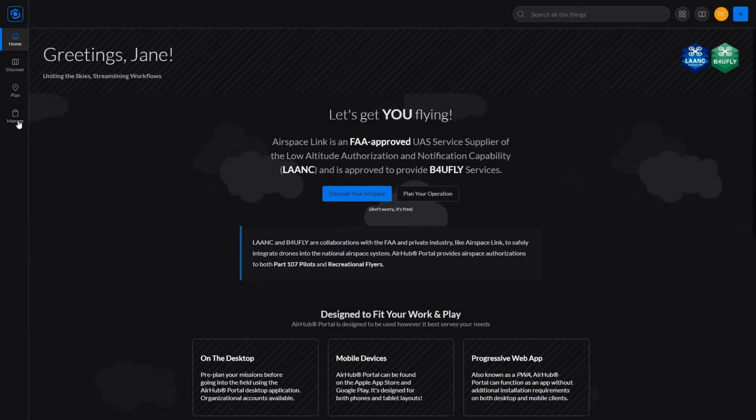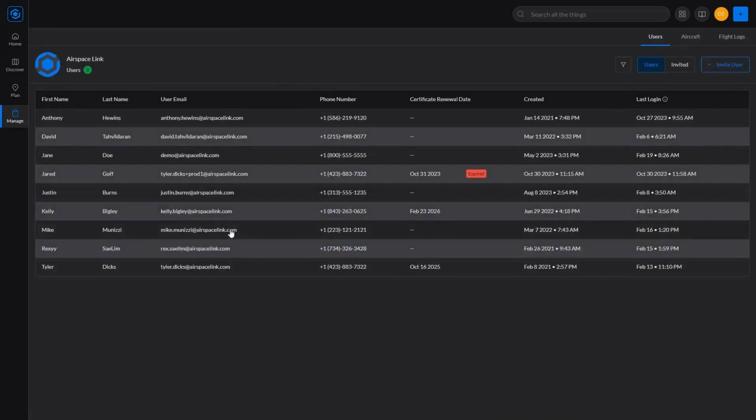To access the crew and asset management functionality within Portal, navigate to the Manage tab on the primary navigation menu. The initial view will be the Users tab. While we have previously covered user addition and permission assignment for your organization, it is worth noting that upon selecting